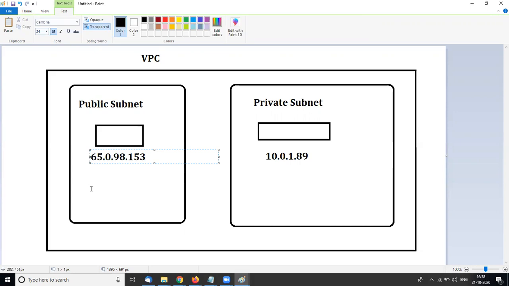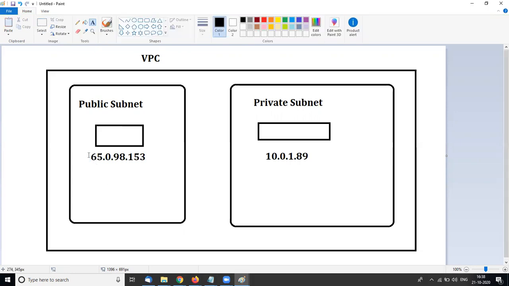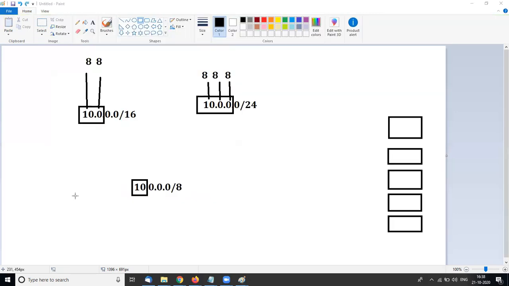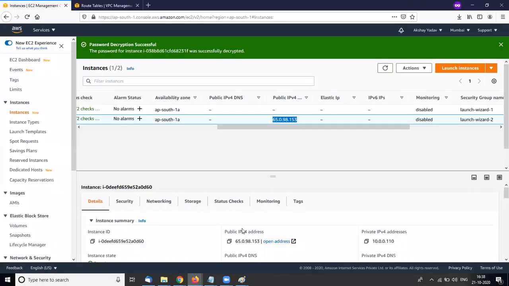This is my public IP. Anyone can access with this IP, and my private IP is there. So this is my private IP.